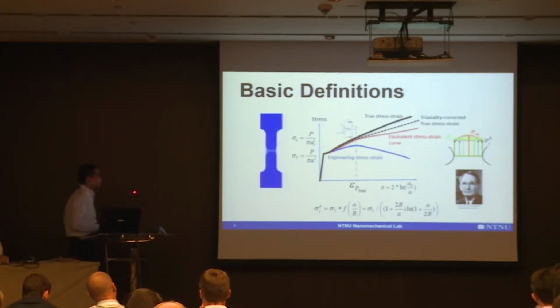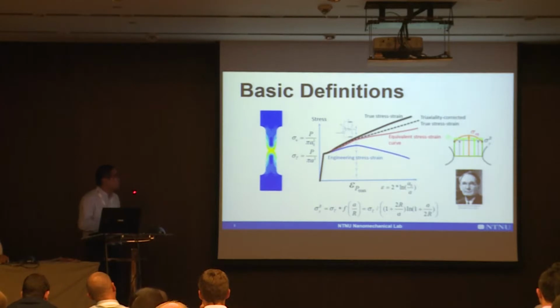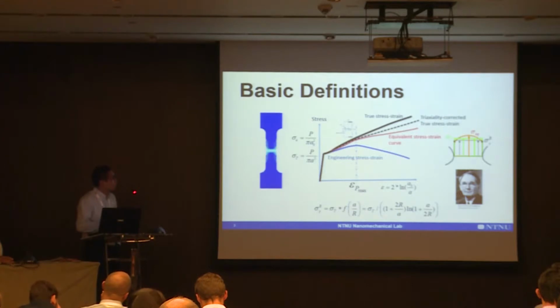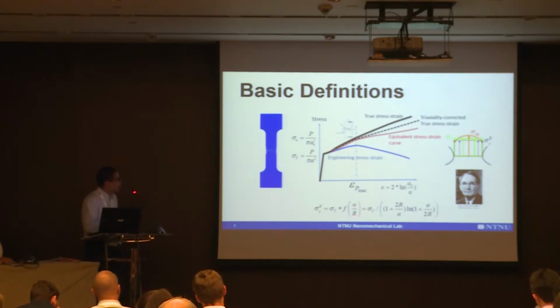Now, in this case, the true stress after diffuse necking cannot represent the material's equivalent stress and needs to be corrected. And many methods have been proposed based on the triaxiality correction. Among them, the most famous is the method proposed by Bridgman. For his method, the correction factor is a function of the ratio of A and R. A is the minimum cross-section radius, and R is the